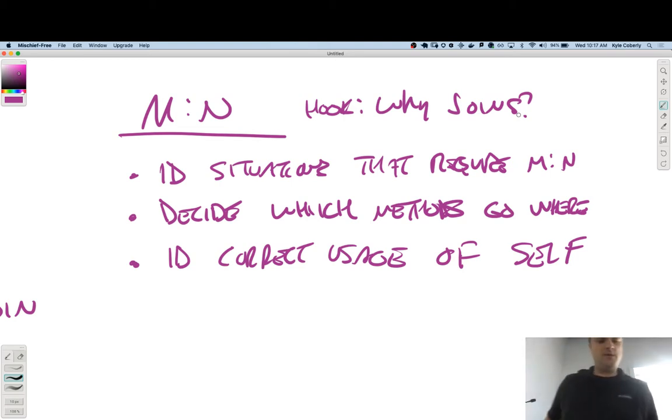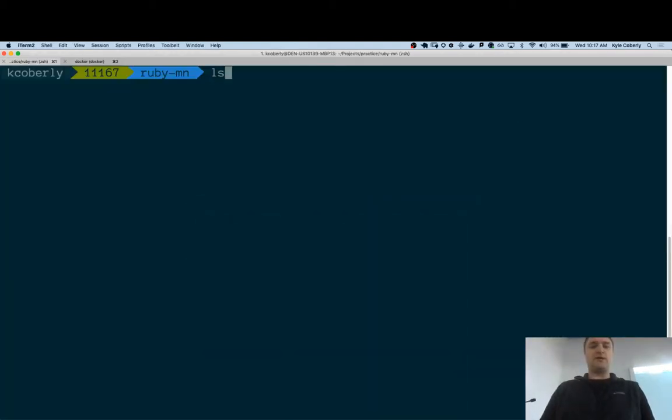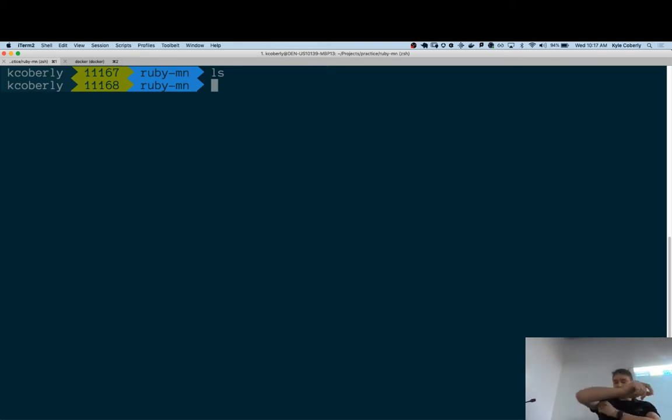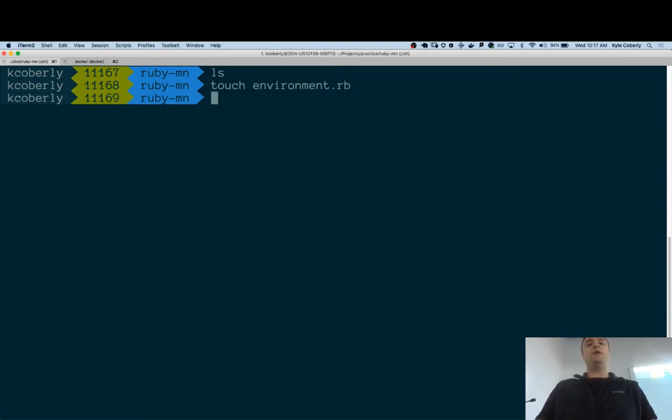So, all right, I'm going to build something from scratch. If I look in this new folder I made, nothing up this sleeve. I'm going to make an environment RB file, and then give me a noun to work with. Movie, dog. Let's do dog.